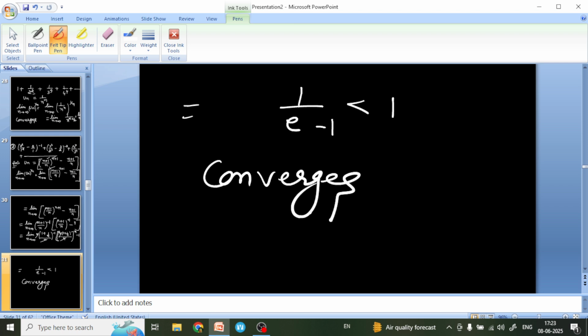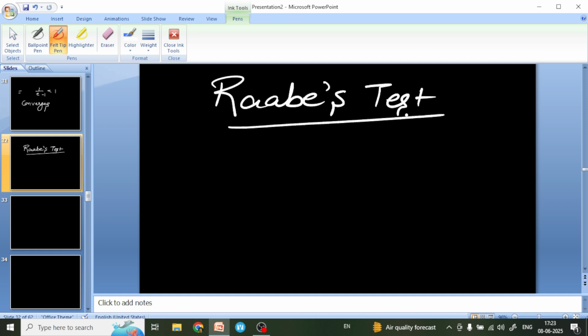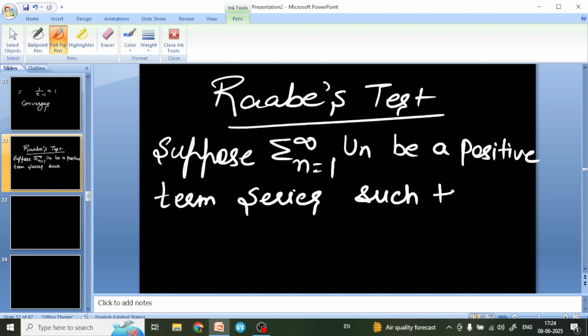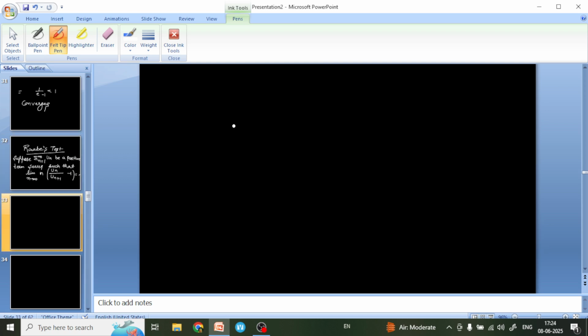Now the next test is Raabe's test. In this test we will suppose sigma n equal to 1 to infinity un be a positive term series such that limit n tends to infinity n in bracket (un over un plus 1 minus 1) equals L. We have to put this formula when we implement Raabe's test, and then